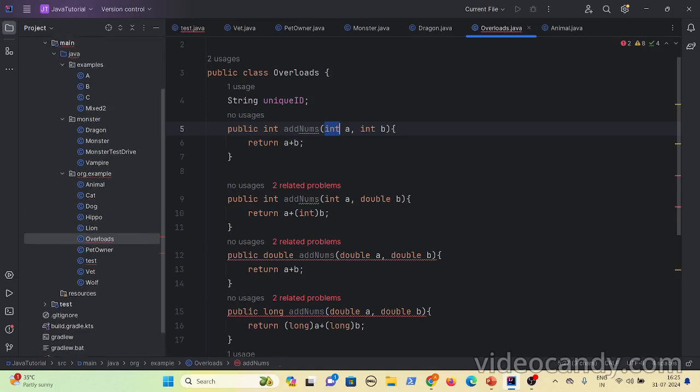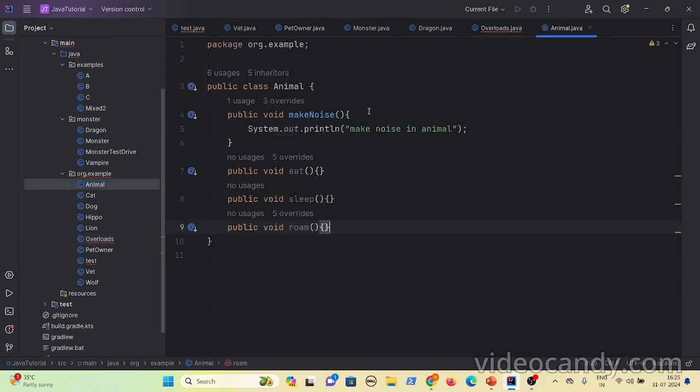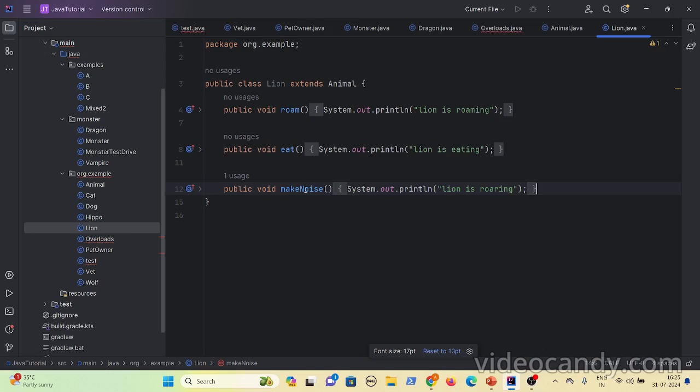And coming to overriding, you should have the same thing. Let's say you have a make noise method, and if you want to override that behavior in the subclass, you have to use the same signature. You have to use the public access modifier, either the same or less restrictive than the superclass, and the return types and the parameters and everything should be the same. The only difference would be the implementation. So, method overriding and method overloading.